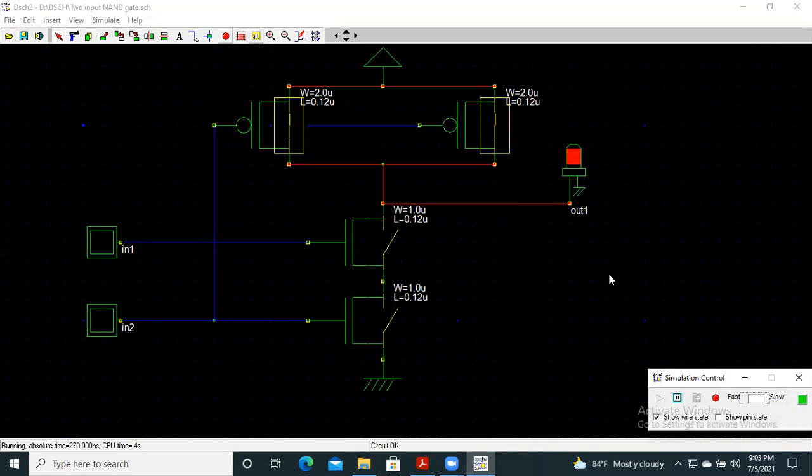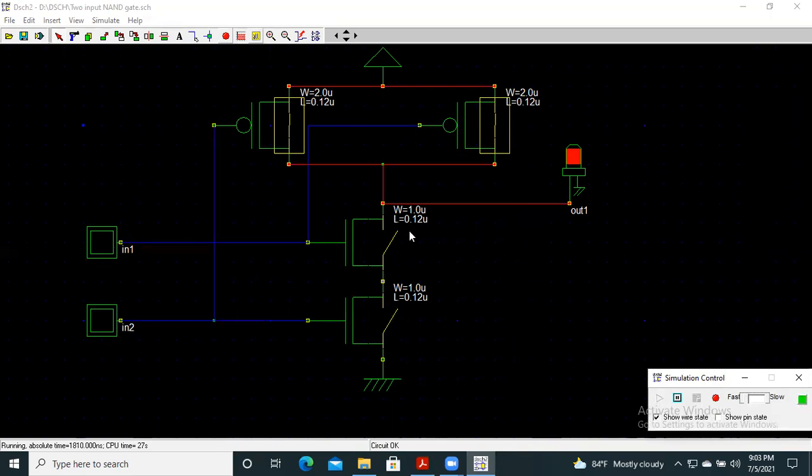So here we see that for both the inputs low, the output is high. How is it happening? If we analyze the circuit, we see that for low input, these two NMOS are open circuited.